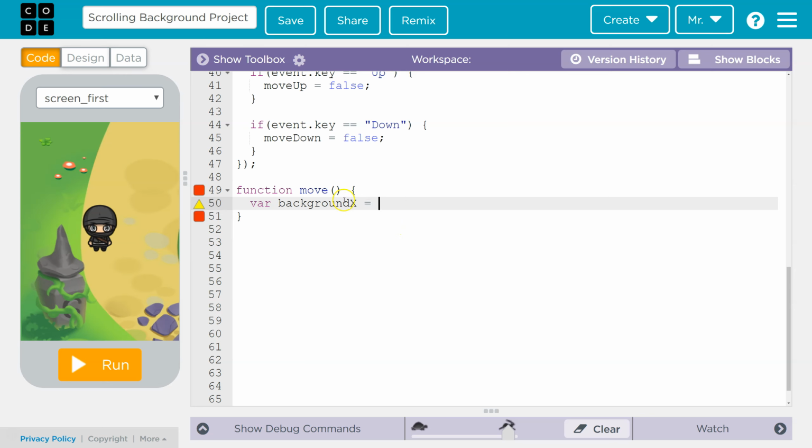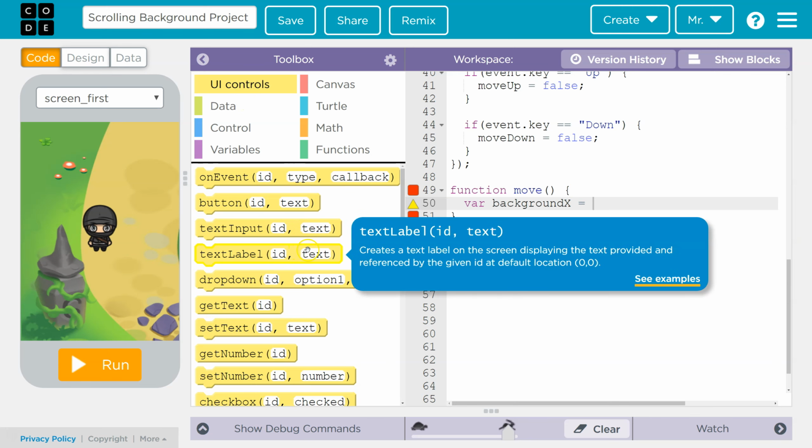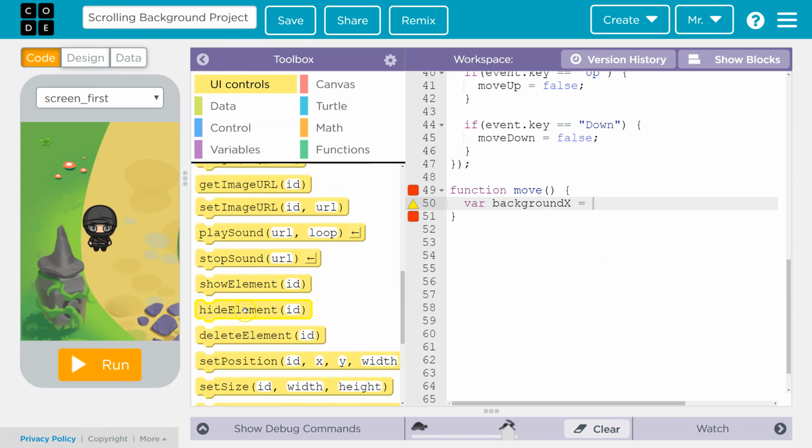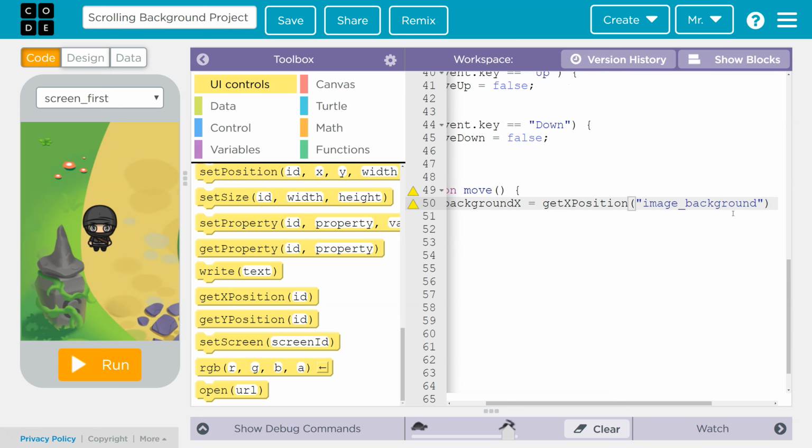Now what we're going to set backgroundX to is the current position of this image, because we want to make sure we don't move it too far, because then we'll see the white space behind the image. We're going to go to show toolbox, go to UI controls, and get the X position. Here we go, get X position. Now we want to get the X position of this image, and we can see this image is called image_background. So we're going to say here image_background,